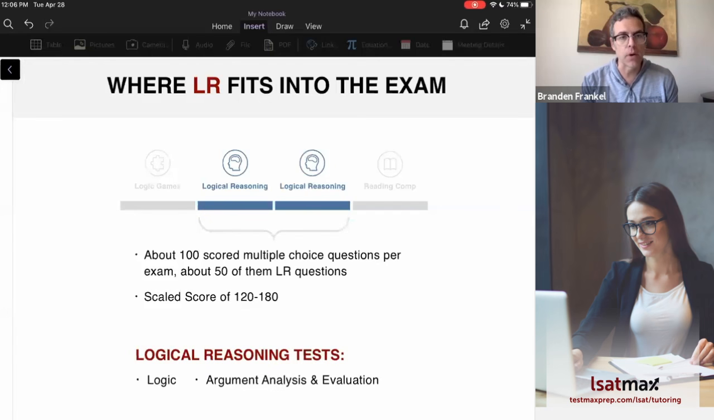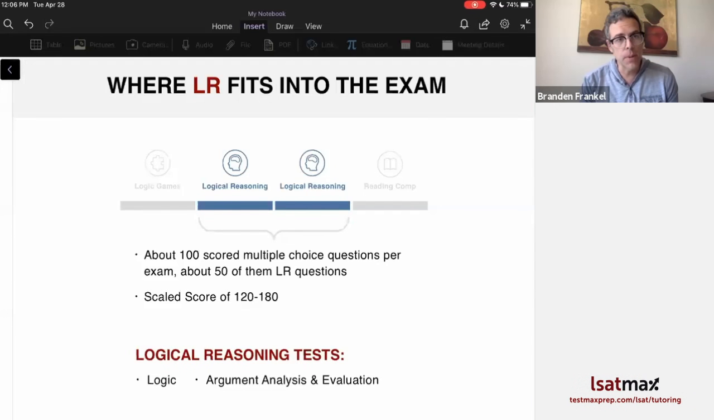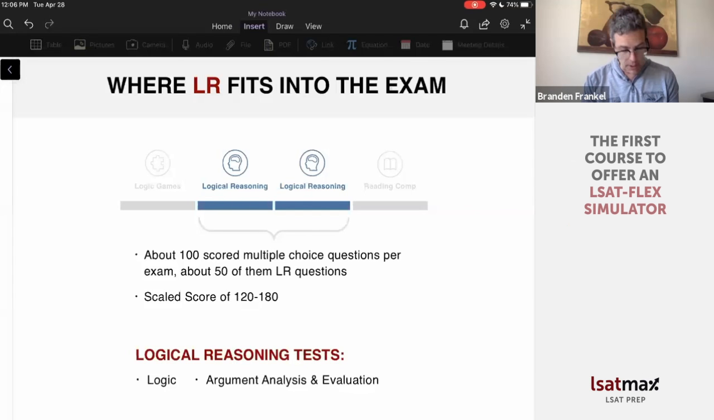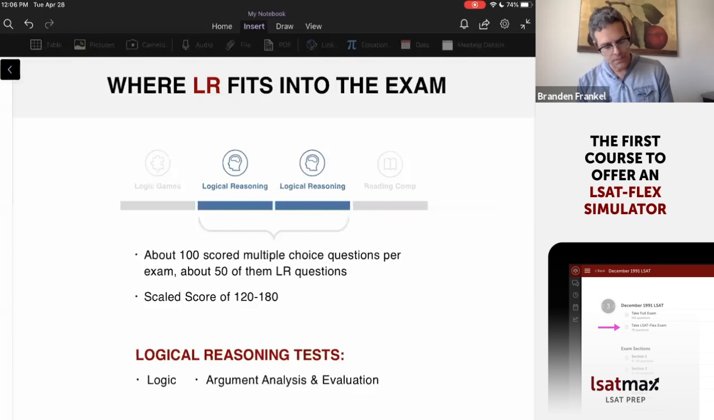Each question has a paragraph. Usually the paragraph contains an argument. And then you'll have a question asking you about that argument, like what's the argument's conclusion, or how could you make this argument better, or what's wrong with this argument. As I was saying before the LSAT Flex, that was about half of your score. There are also